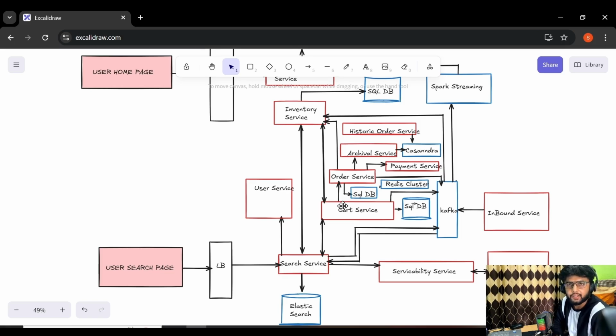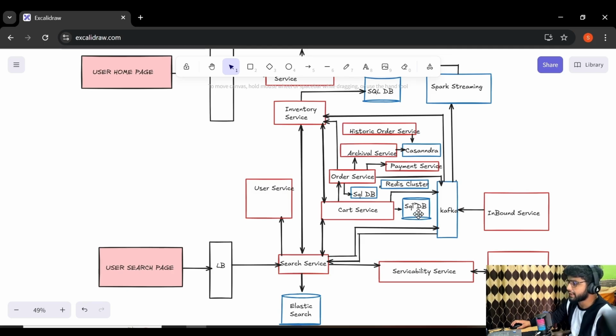So let's say the user added 4-5 items to the cart, and then he came back to the cart after, let's say, 4-5 months. If we store data only in Redis, then we might lose the data. So it is very important to have a permanent copy of the data that we stored in the cart. For this, we are going to use a SQL database for the cart service. We will also be managing Redis for the cart service, but for permanent storage, we will be using a SQL database.